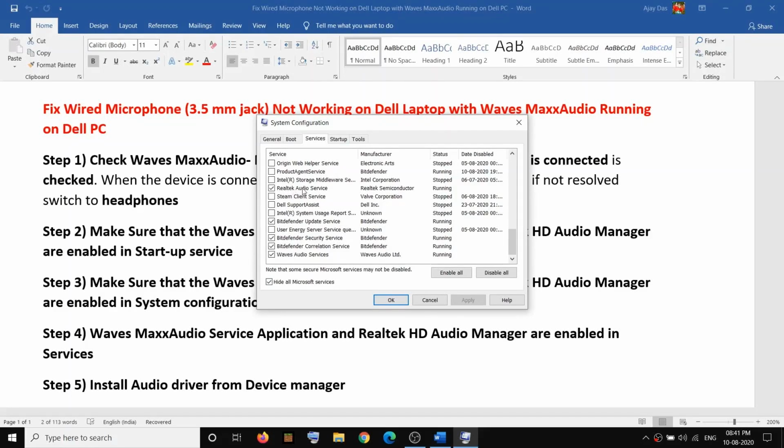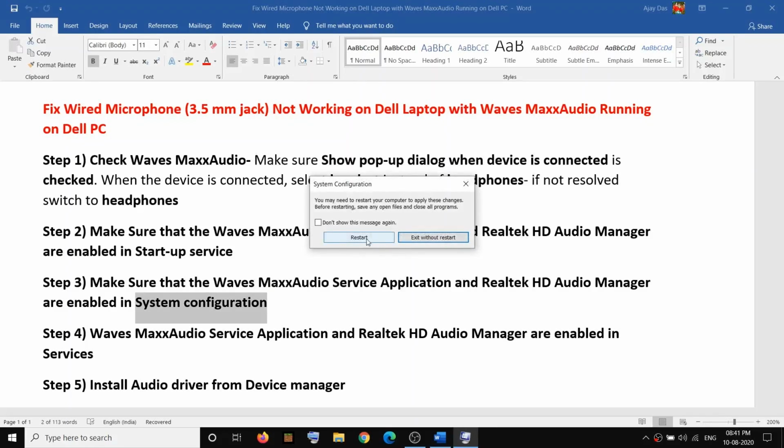So put a check on Realtek Audio Service. If this is not checked, check it, and also find Waves Audio Service. Make sure this is checked and then click on apply. Then click on OK, and then restart your computer. After the restart, you can check your microphone.